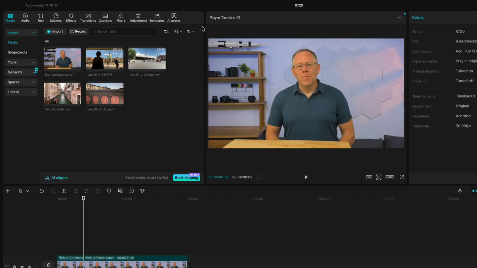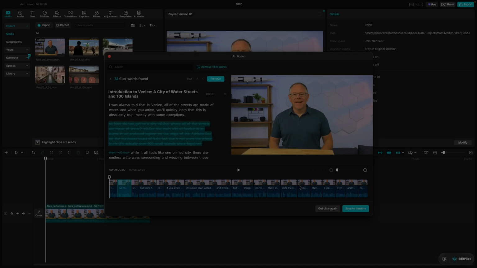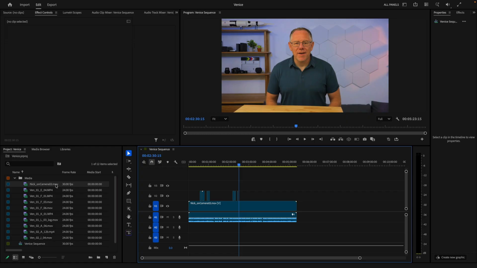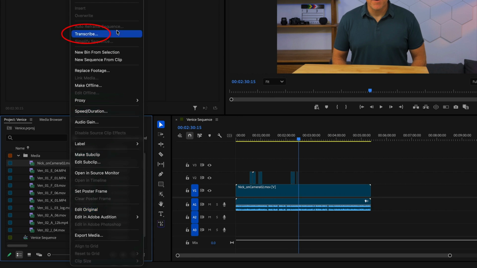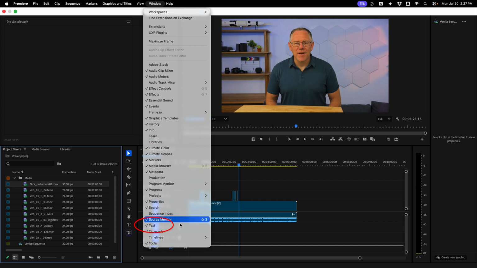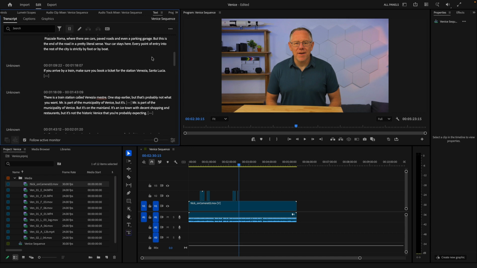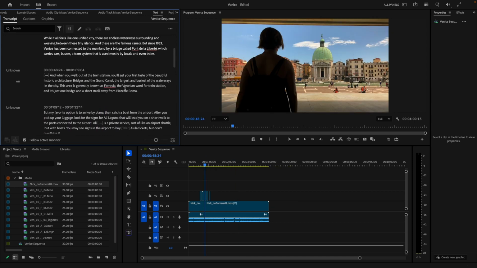And CapCut also has its own special features, including the AI Clipper, which can make edits before adding a clip to a timeline. So CapCut and Descript are easy apps that specialize in videos for social media. But even your pro applications, Adobe Premiere, DaVinci Resolve, and Final Cut Pro, all have their own versions of text-based editing. In Premiere, you can right-click on any clip in your project and transcribe it before adding it to a sequence. Or if your content is already in a sequence, you can open the text panel and start transcribing the clips in that timeline. Then you can search, select, and delete content directly.